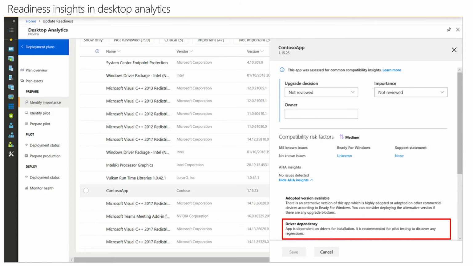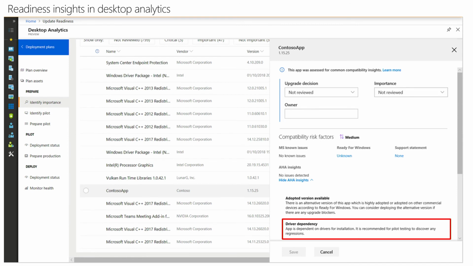For example, Aniket mentioned a few signals which are only supported in desktop analytics, such as driver dependency, Silverlight dependency, or .NET dependency. I'm going to show you certain experiences on how to look out for that information on the service.